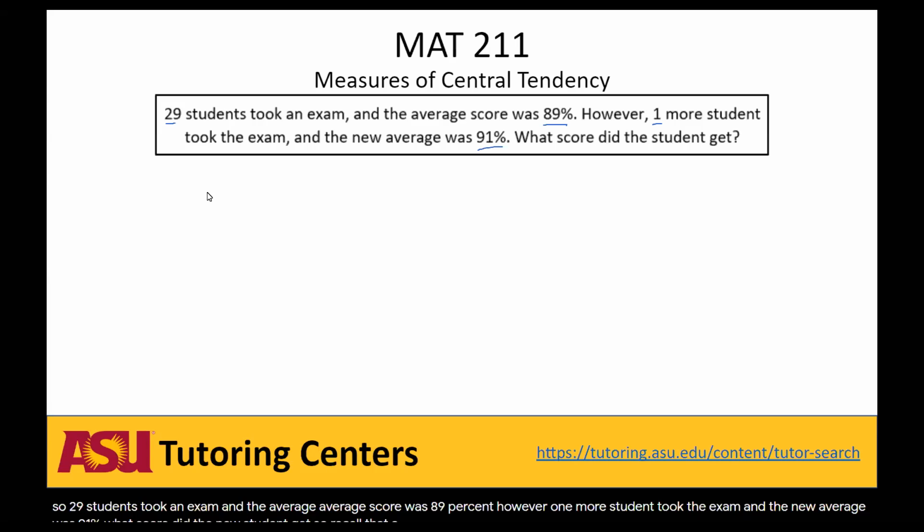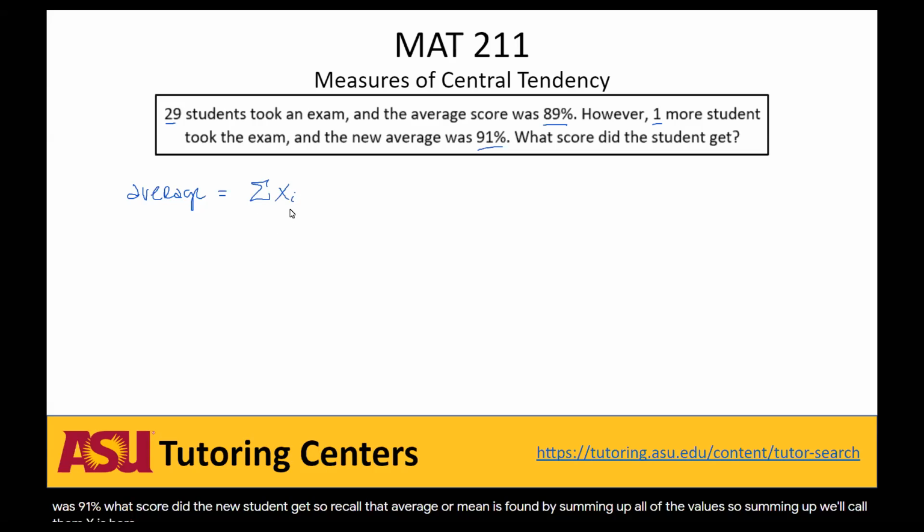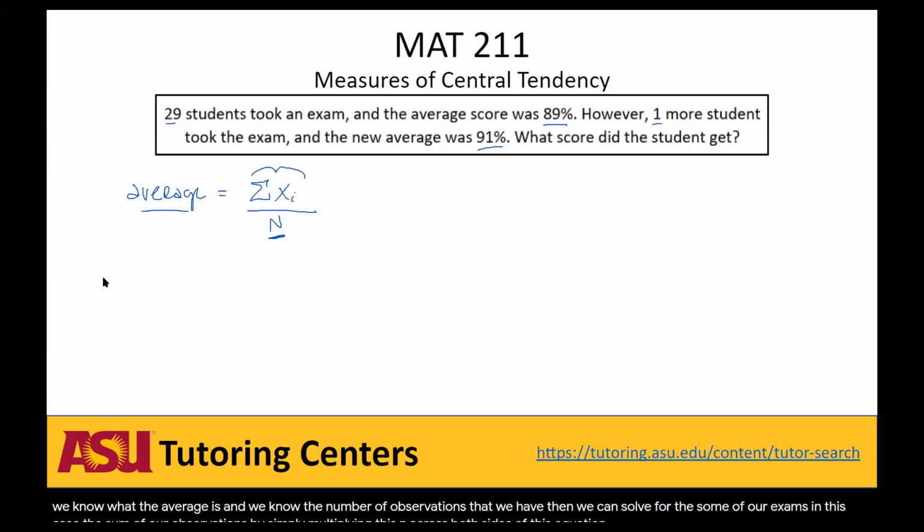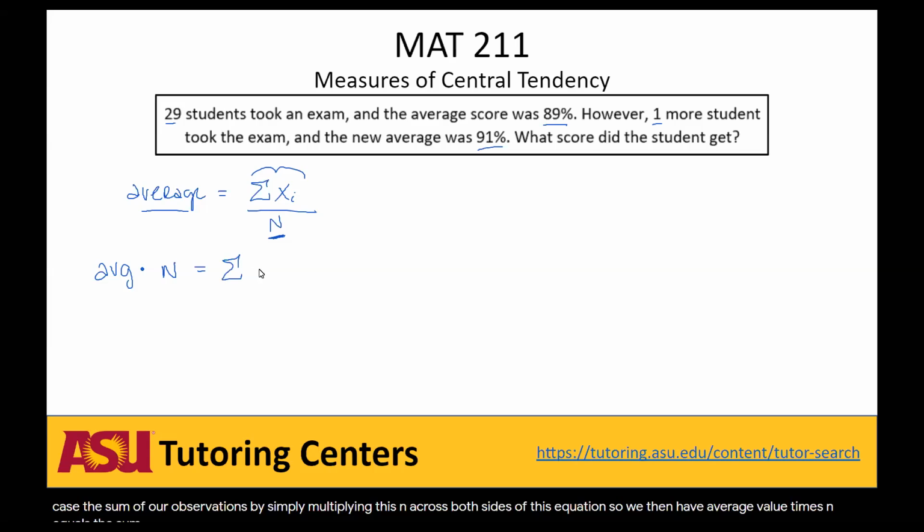So recall that average, or mean, is found by summing up all of the values. Summing up, we'll call them X's here, all of our different scores in this case, and dividing by the number of scores that we have. So provided that we know what the average is, and we know the number of observations that we have, then we can solve for the sum of our exams in this case, the sum of our observations, by simply multiplying this n across both sides of this equation. So we then have average value times n equals the sum of all of our observations,